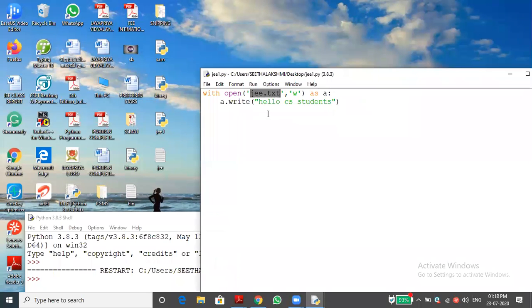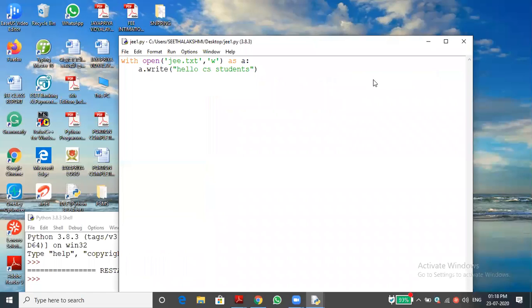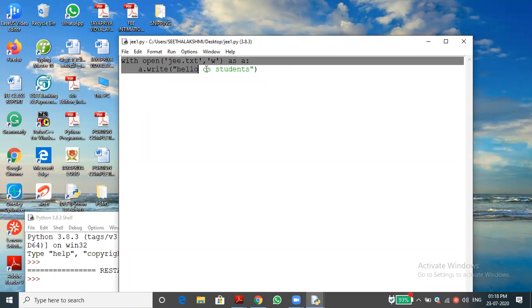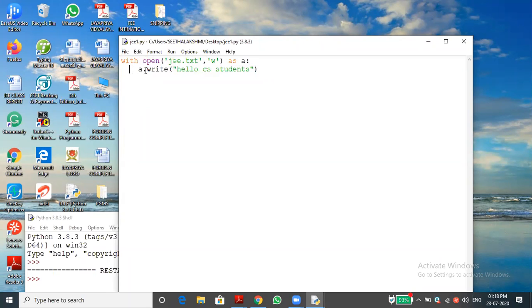So this is another useful method for you. Hereafter, we are going to use this method instead of the previous one. It will be better. We need not use the close function, and we need not bother about the other functions. You can see once again the syntax: with open(file name, mode) as file handle colon. Then we can write the body of the compound statement. It should be a block, so give the space for it.